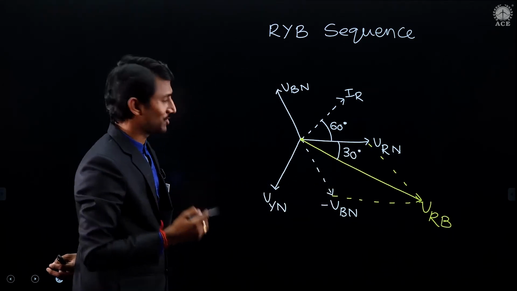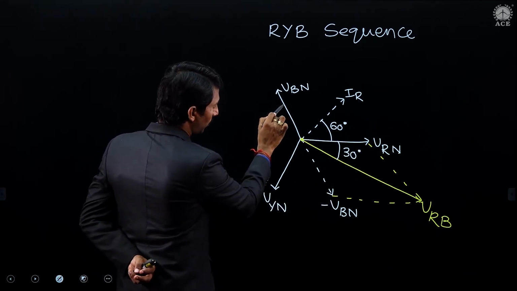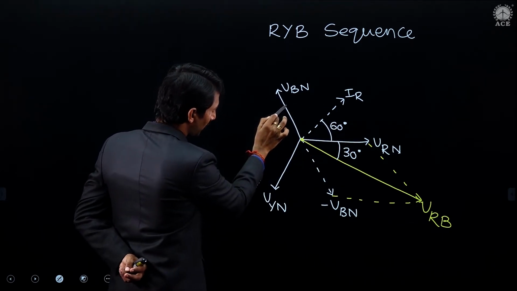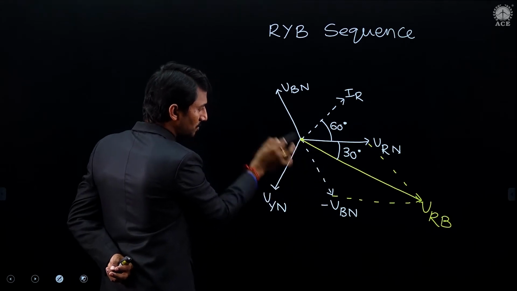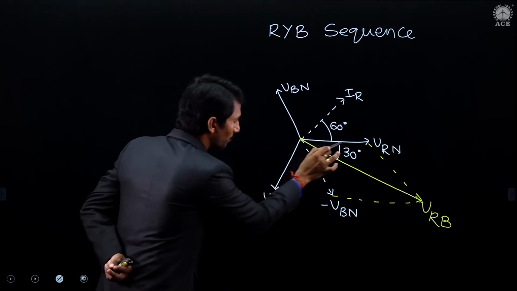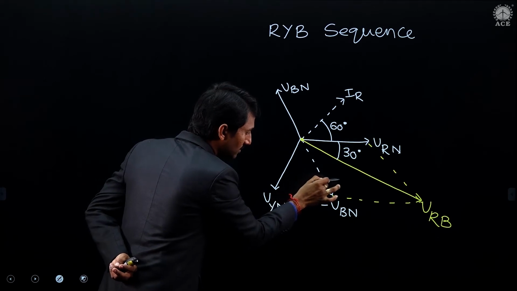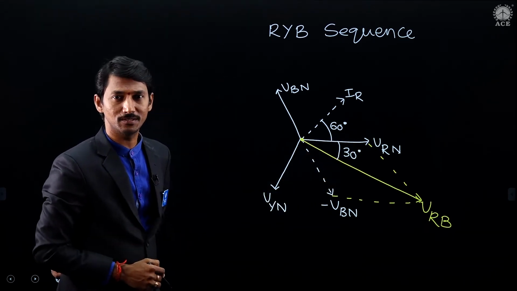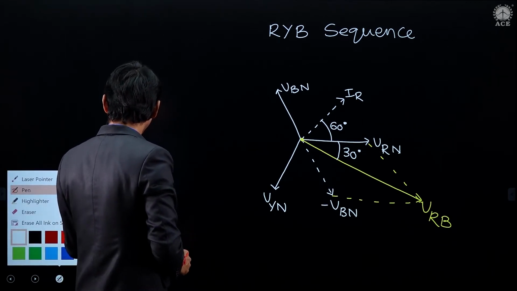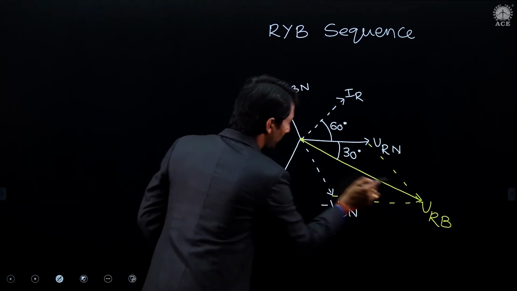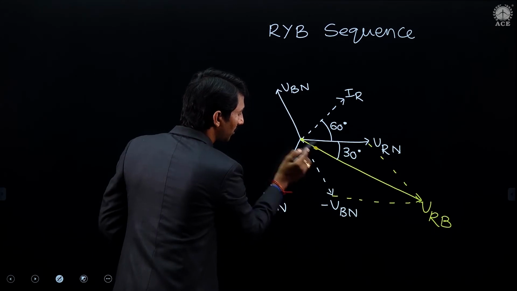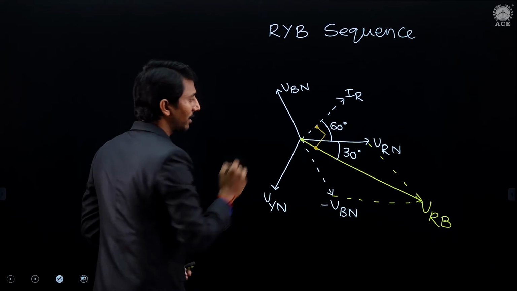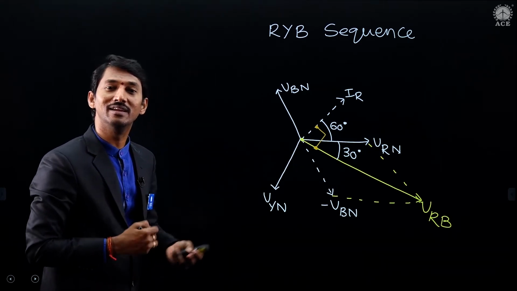Sir, how? Let us check here. Here to here, kindly follow this. Here to here, 120 degrees. Here to here, 180 degrees because it is a straight line. Therefore, the angle between these two is 60. Definitely it will be half of the 60, 30 degrees. Okay. So finally, what do we require? The angle between VRB and IR. So this angle will be 60 plus 30, 90 degrees.